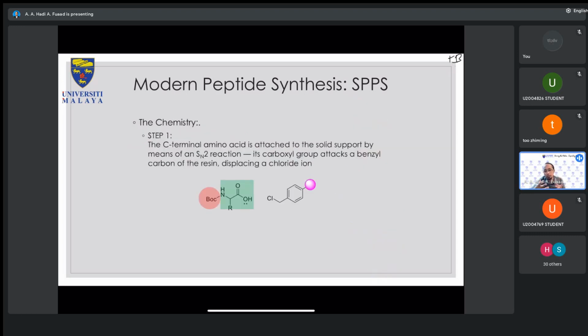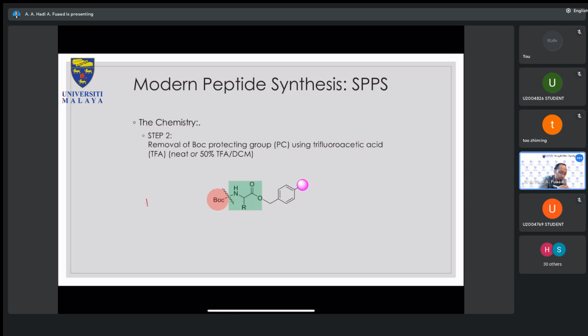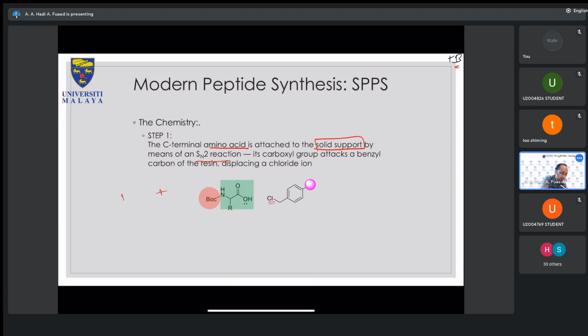So if we react your amino acid and your resin, or onto your linker, what is actually happening? The first step is for the C-terminal carboxylic acid to be attached to the solid support. And it is via an SN2 reaction, as we've seen previously multiple times. If you see a halogen, and the halogen is no longer there in your product, then you can expect either SN1 or SN2. In this case, it is SN2, but what is missing here is base, plus a base.